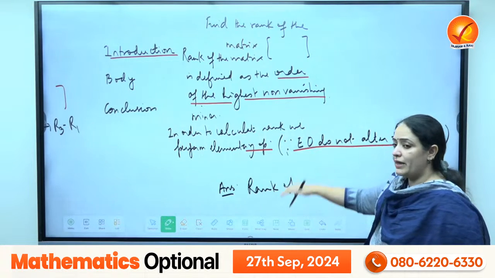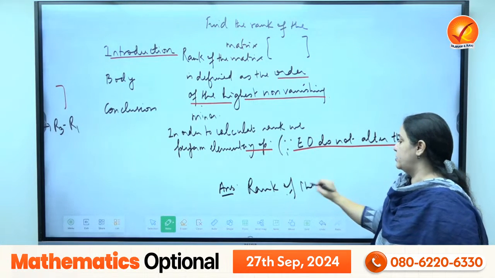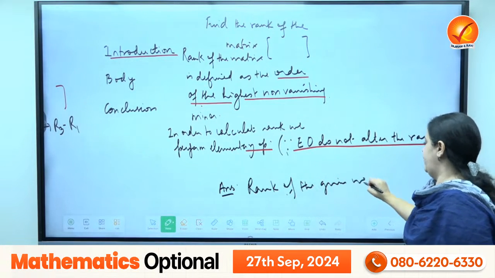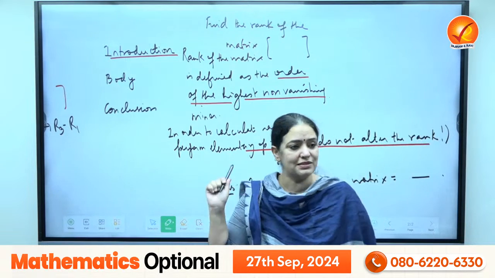So your answer has to match with what the question was. The question was to find the rank. The final answer has to be: the rank of the given matrix is whatever it comes out to be. Tell me, doesn't this look like a